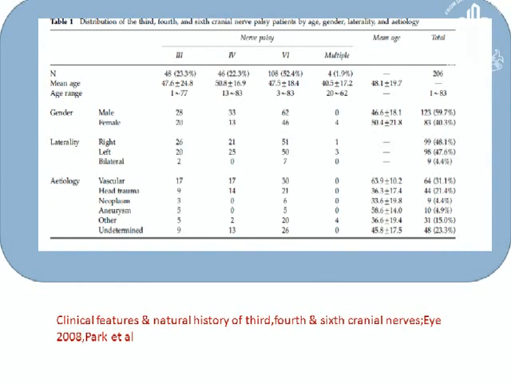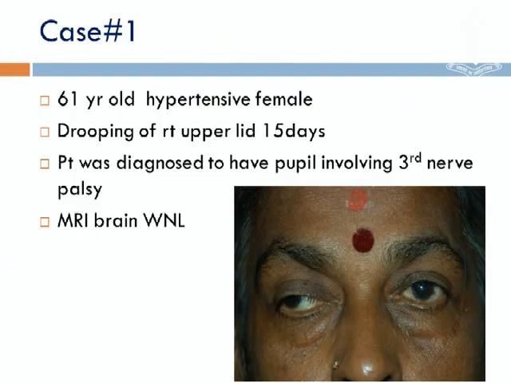And the etiology, if you can see, vascular cause is the most common. But basically when we say third nerve, it is an ischemic nerve. Fourth nerve, we tend to say it's a trauma nerve. Sixth nerve, we say is a tumor nerve. So when you have a sixth nerve palsy, you should think of a space occupying lesion. When you see a fourth nerve, trauma is usually the most common cause. When you see the third nerve, usually it is ischemic, but always look for other associated signs and symptoms which help you to diagnose the condition. So we'll be seeing this.